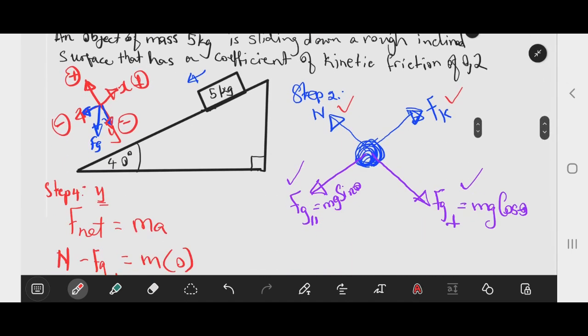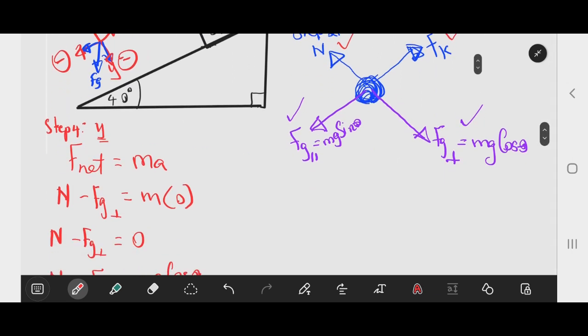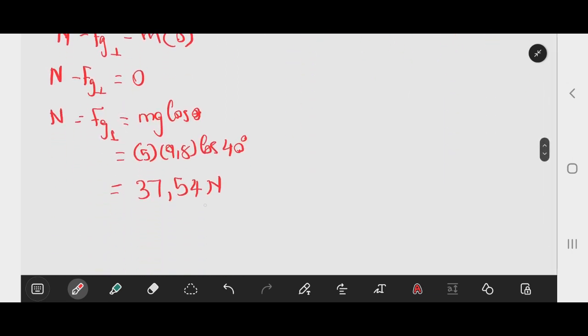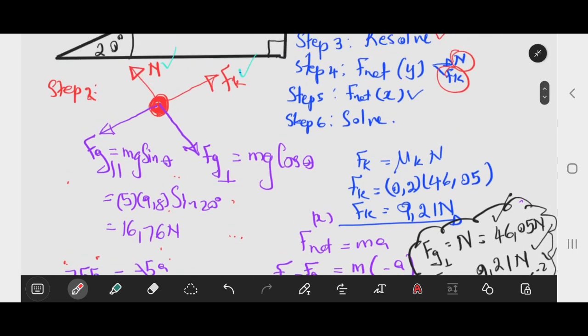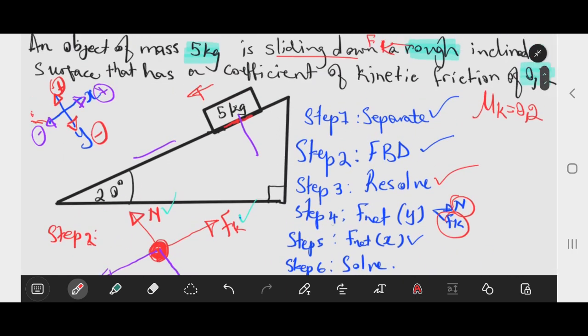Okay, but now if the angle of inclination is 40, we have obtained 37.54. So it means that if you increase the angle of inclination, your normal force actually decreases. Okay, so let us continue. So we have performed our Fnet in the y-axis to find the net force in the y-axis, and we have obtained the normal